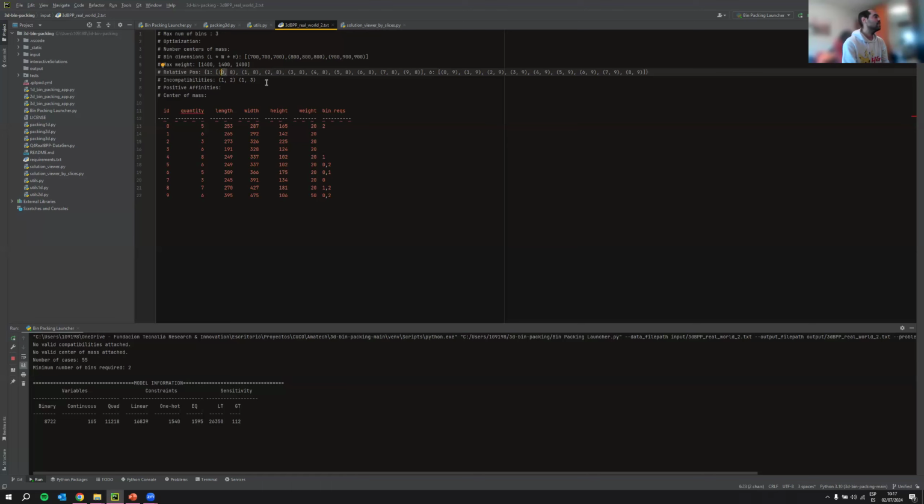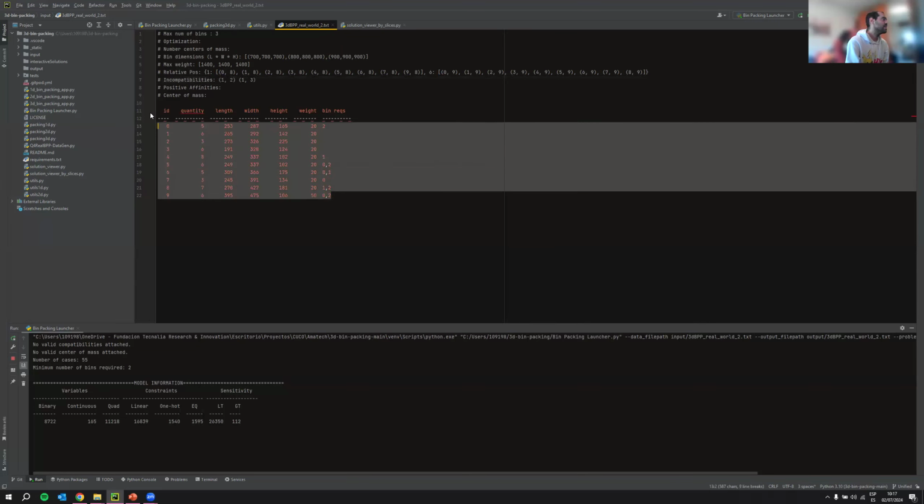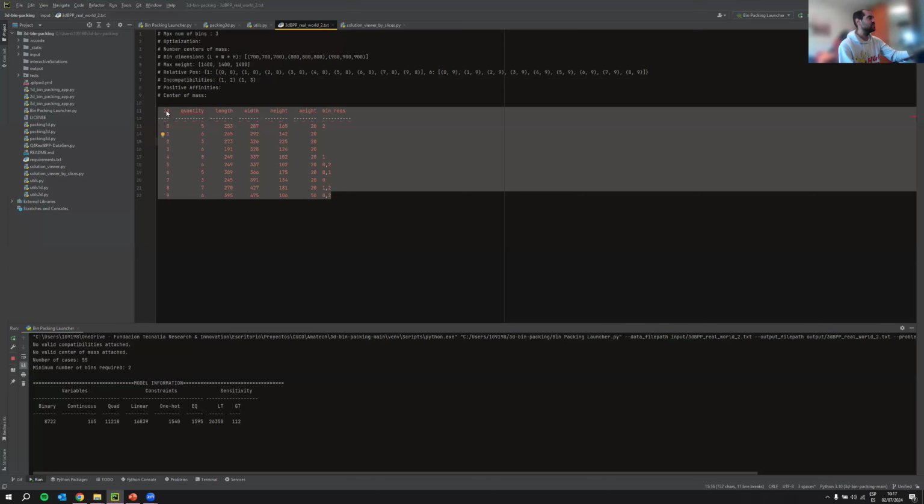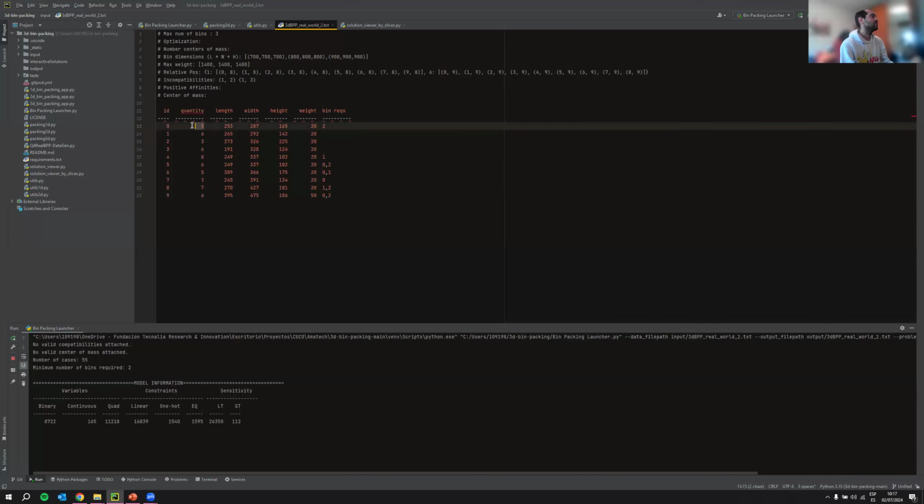And here we have incompatibilities: the packages with the IDs 1 and 2, and the packages with the IDs 1 and 3, should not be packed in the same bin. And in the last part, we have the amount of packages for each ID, for each class of packages, and the dimensions and the weight.